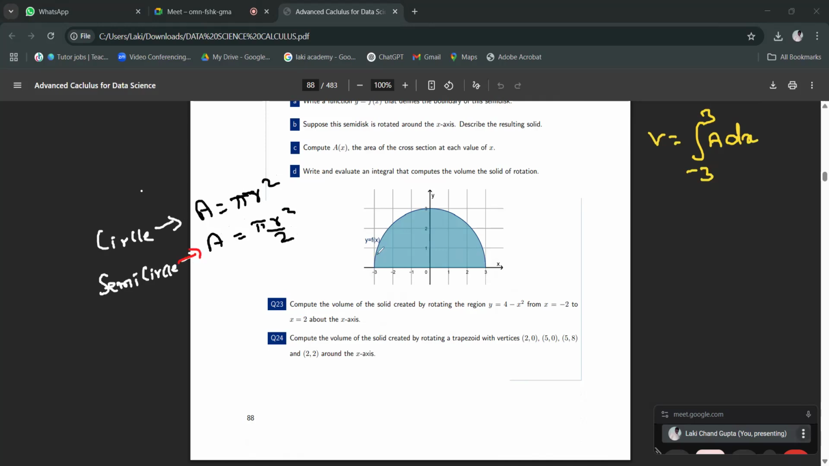And what is the r? R is radius, and radius is what? From the center, it is equidistant. This is 3, right? Radius is constant in all directions. And radius is what here? 3, right? So the area is 9 pi over 2. So I put here